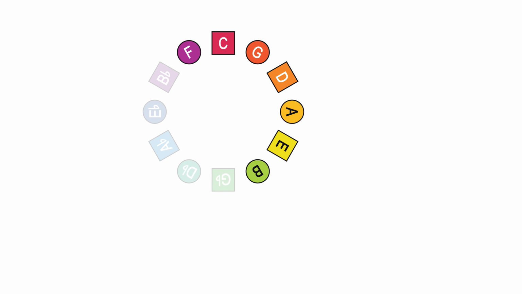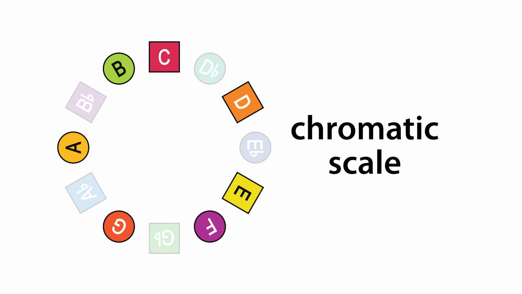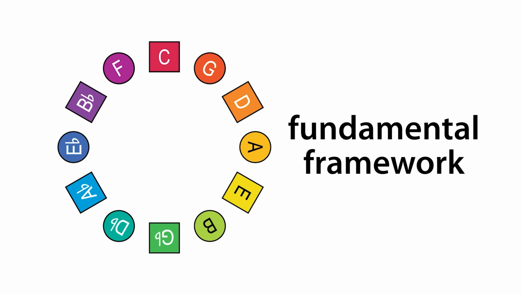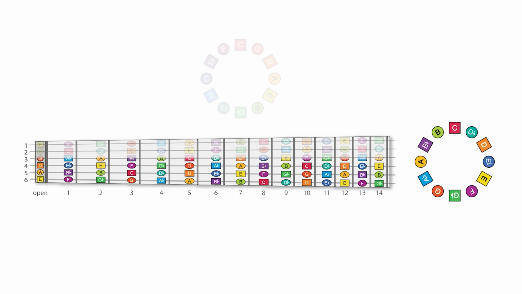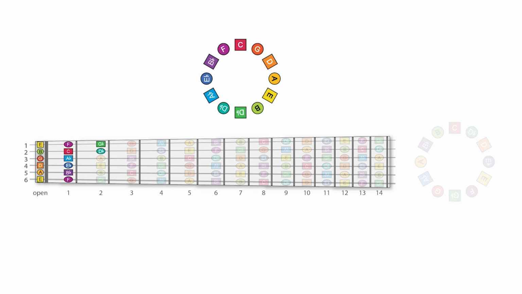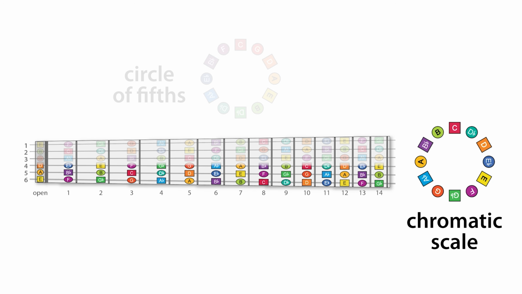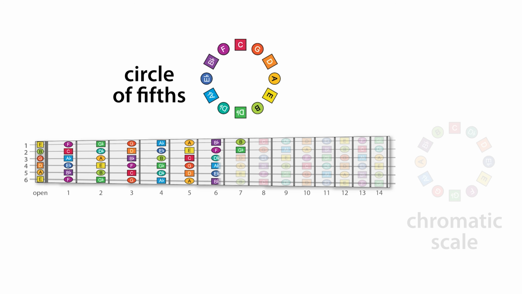In this way, you could say the major scale is the link between the circle of fifths and the chromatic scale, the two most fundamental note patterns in music, which form the very framework of the guitar fretboard, where each string is its own chromatic scale, rising in half-step intervals up the frets, while every fret is a column of fifths. So the chromatic scales are plotted horizontally on the fretboard like this, while the circle of fifths is shown